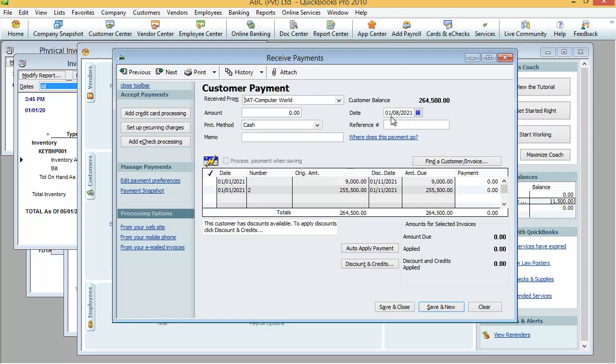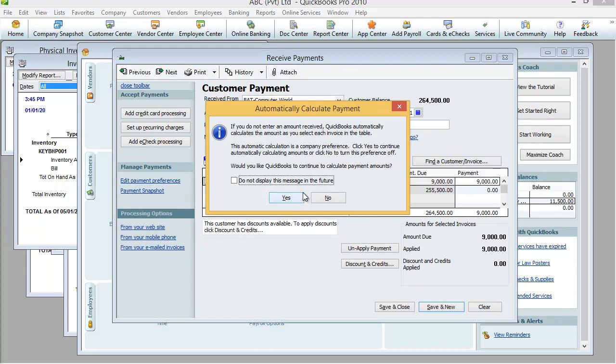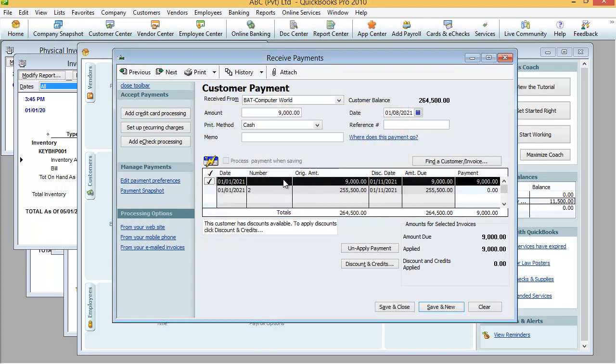Now we are going to collect money from a customer. See here, the date is 8th of January that we are going to collect. I am going to collect only the 9,000 amount I have selected, and the payment method I have selected here is cash. Here I can make a note: payment received, rupees 9,000, cash.